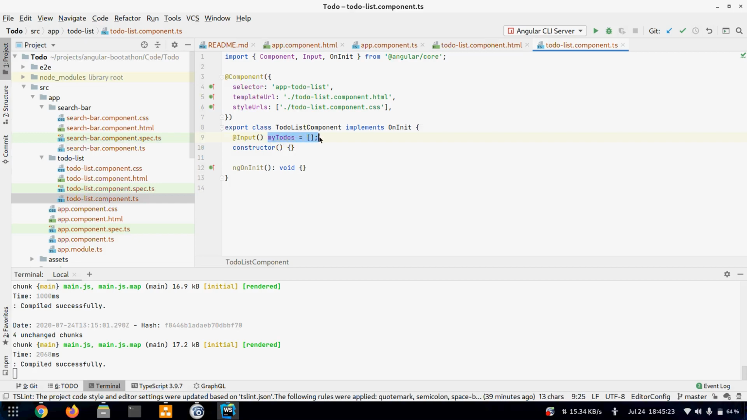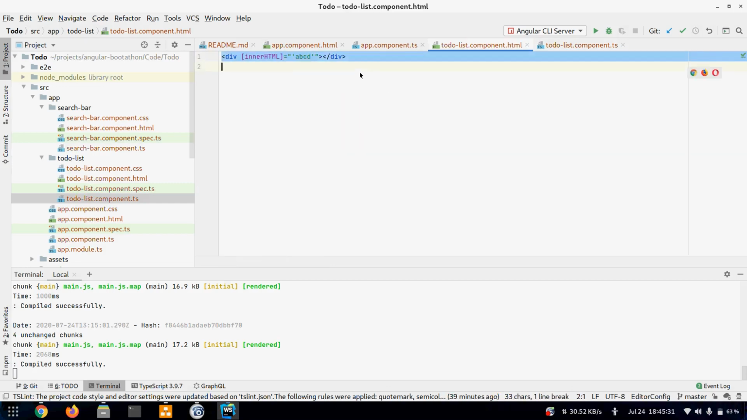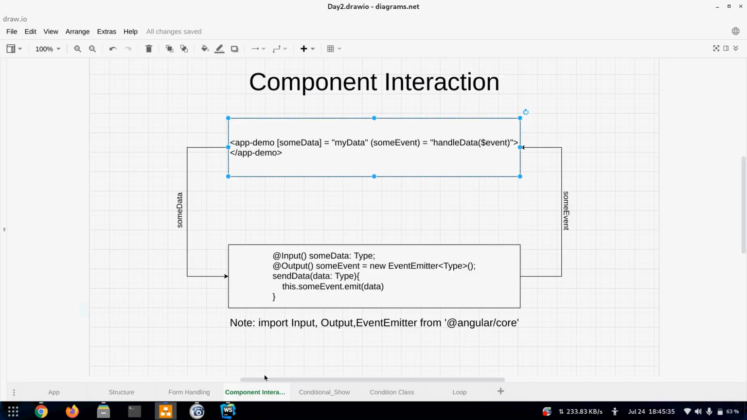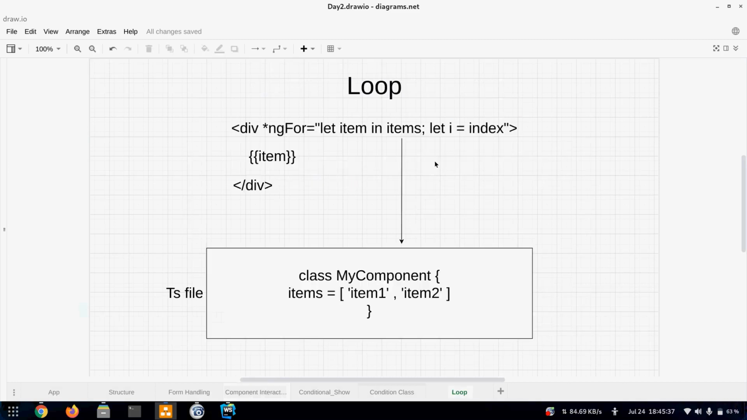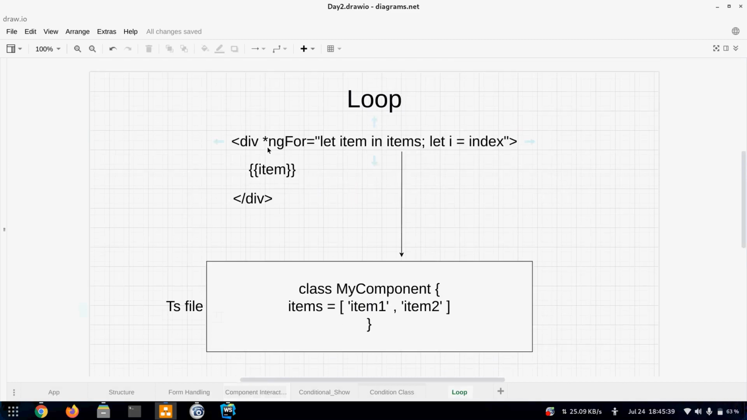Okay, so now it's receiving the array. So now we need to loop through every item inside the array and display it in our component. So how do we loop? To loop, we have a syntax here. We first write whatever element we want to recreate multiple times. Then this is the syntax. We write